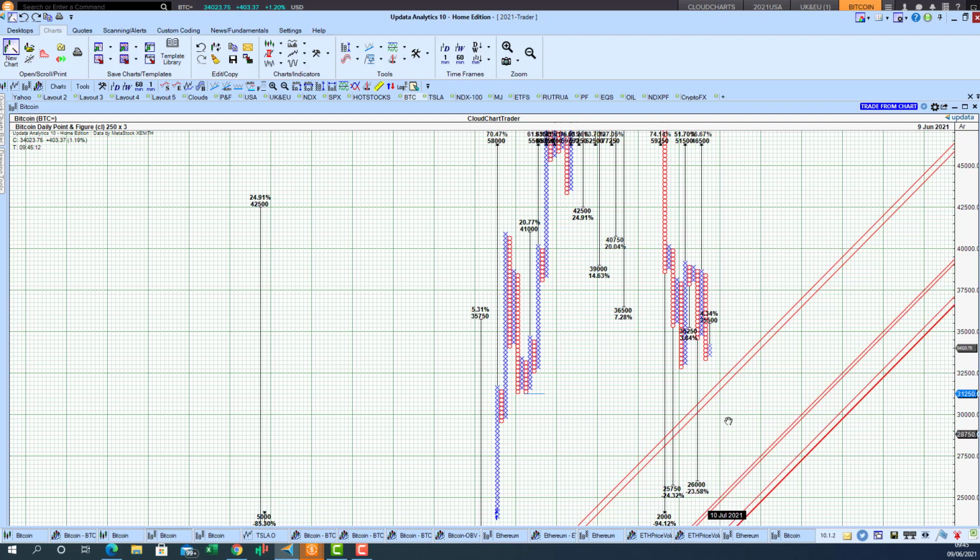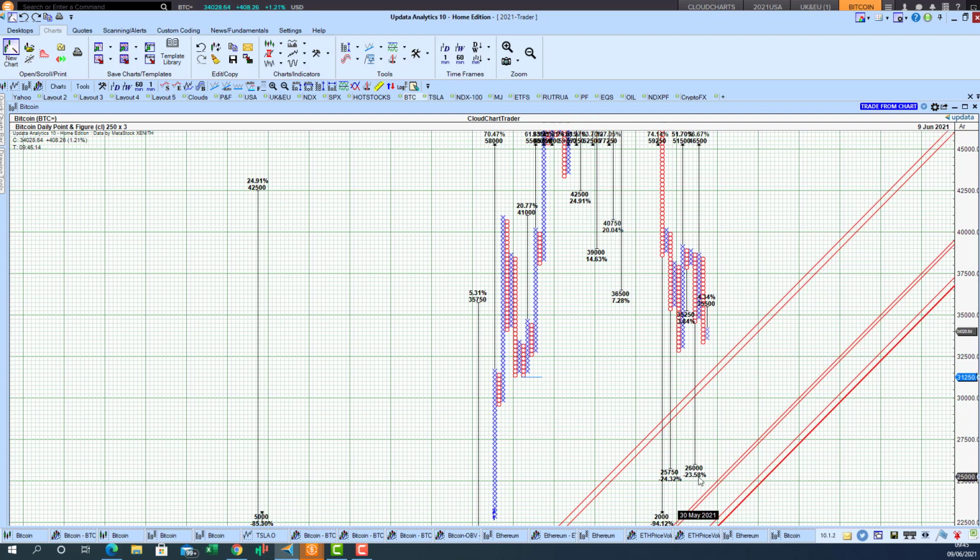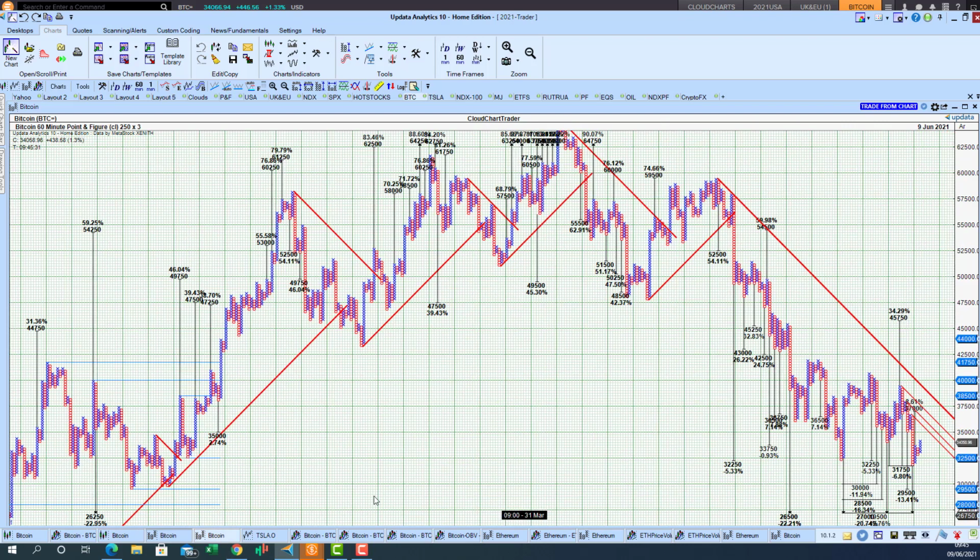But be aware that there is significant downside risk to 26,000 and 25,750 if we lose support at these trend lines. And also this low here, 31,250, is also a significant support zone, so watch out for those levels for Bitcoin. Now turning to a little bit more of a volatile chart where we've got the 60-minute point